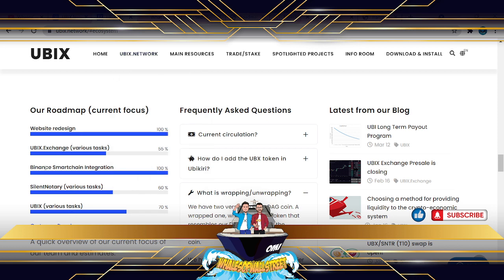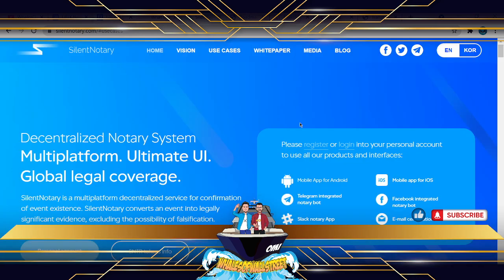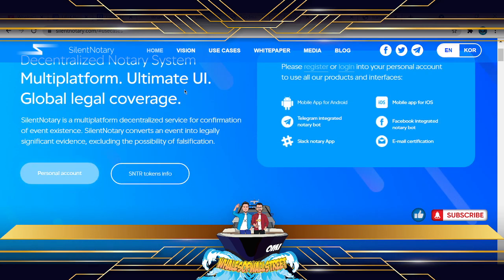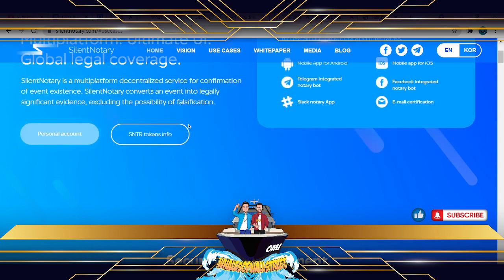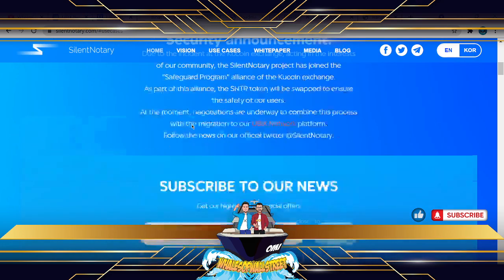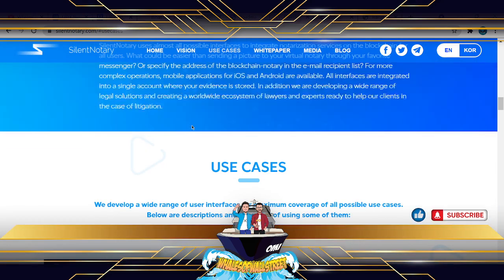One particular thing here, Binance Smart Chain integration already done. So that's been announced quite recently, and that is absolutely phenomenal work from those guys. And they've done it really quickly as well. This silent notary thing is absolutely incredible. So this is another part of their project, utilizing essentially a load of different technologies, whether it be AI or storytelling, etc., to figure out